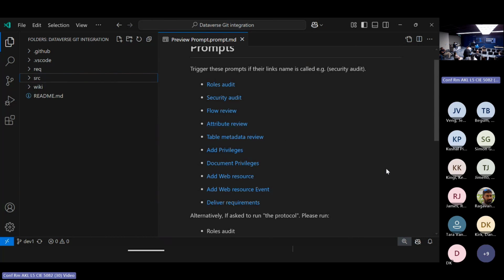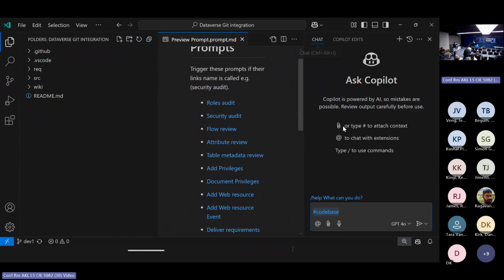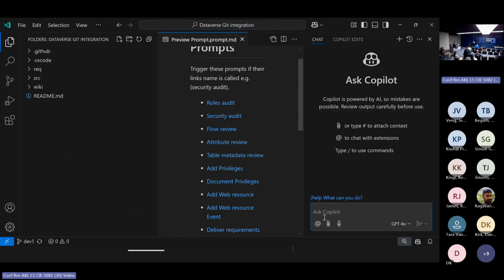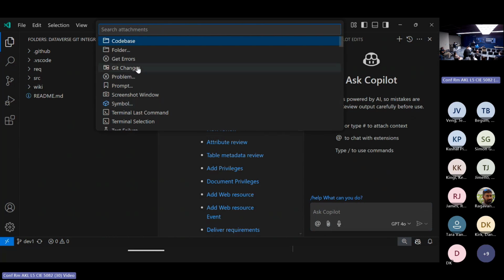And then as I was using it, I started noticing some more features. I could chat with an extension. I could talk to my terminal, to the workspace, or I could start attaching things, right? I could attach my Git changes or the code base or a folder. So this gives me the ability to start giving it more context, but also constrain that context,